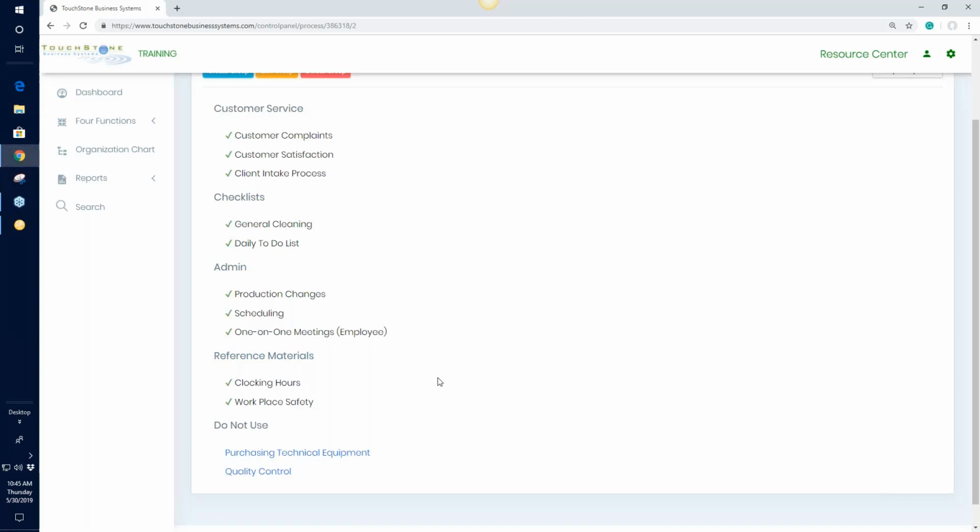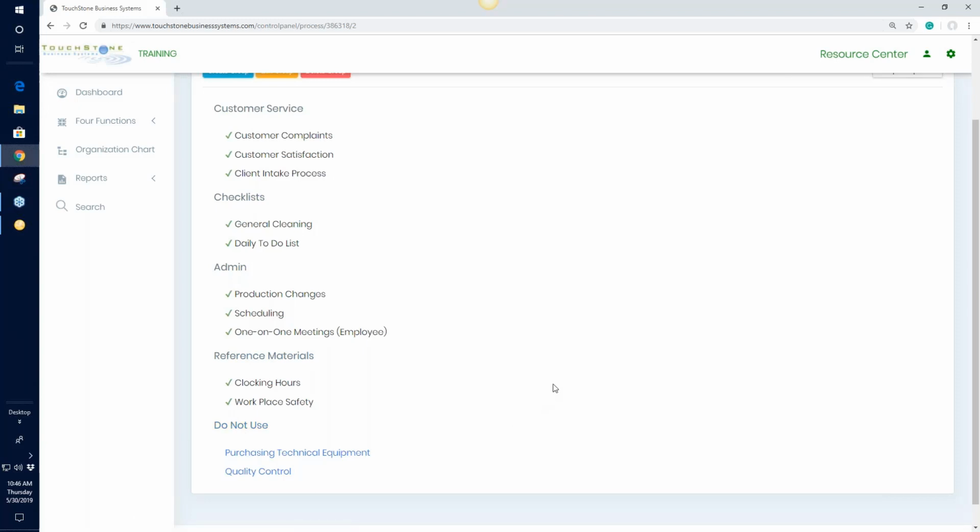I just need them when I need them. Another word I've used or seen used is on demand. So the group would be called on demand, and they would just be processes that you do sometimes. And then you can also do a group called do not use if that's